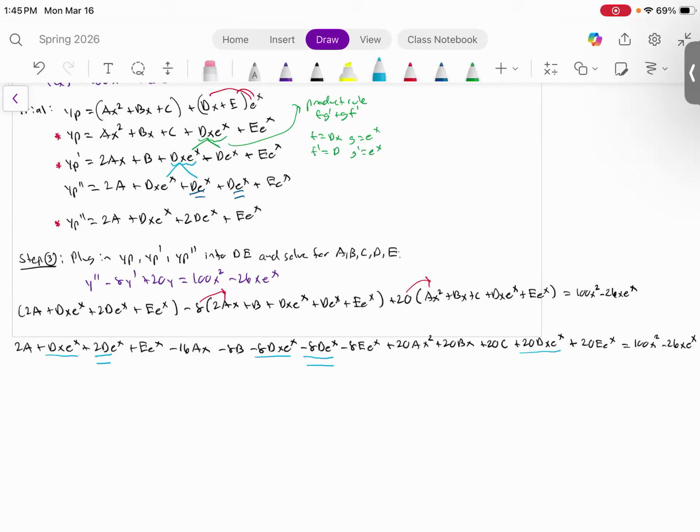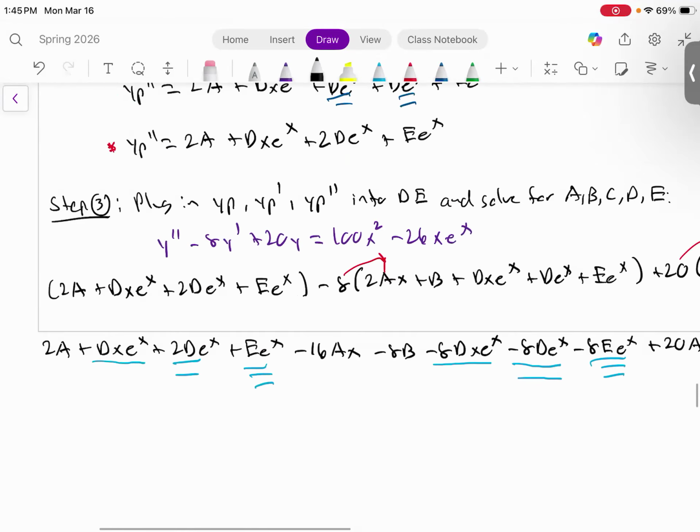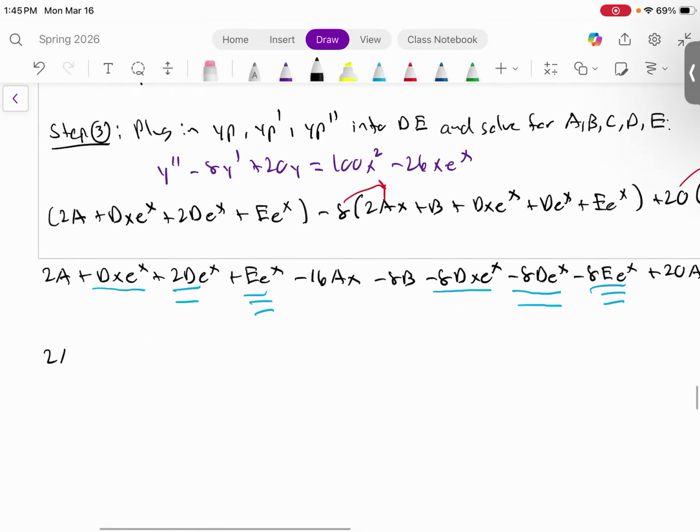We have an e to the x. We have a couple of those terms. So I'll triple underline those ones. E to the x, e to the x, and e to the x. Okay, so let's go ahead and add those terms with their respective like terms. And so what we get on the next line is 2a plus 13dx e to the x